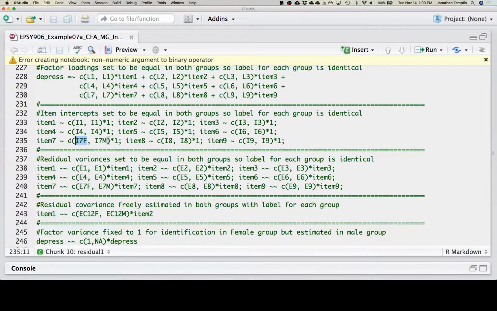So item 7, just to give you the example from last time, we saw item 7 was non-invariant. Even though we probably shouldn't have done that, it was more just a didactic thing, a teaching instrument. Because it was non-invariant on the item intercepts, we're going to allow that to be non-invariant on the residual variances as well. So it'll be different. And had we seen, for instance, item 5 had different factor loadings, we likely would have left the intercepts and the residual variance different. So once it goes non-invariant, we just say, all right, that one's non-invariant, let it go.